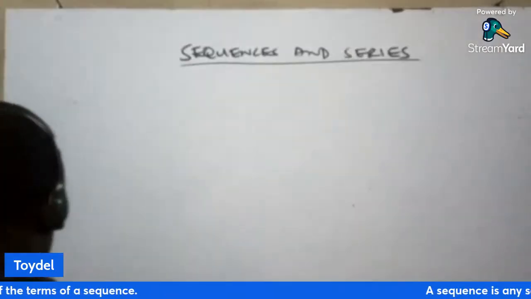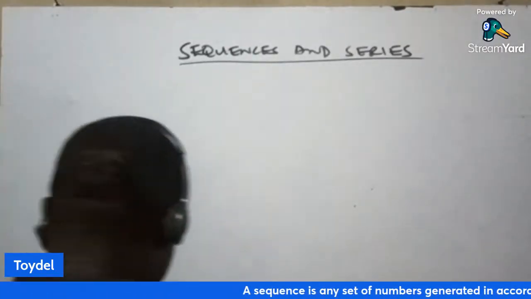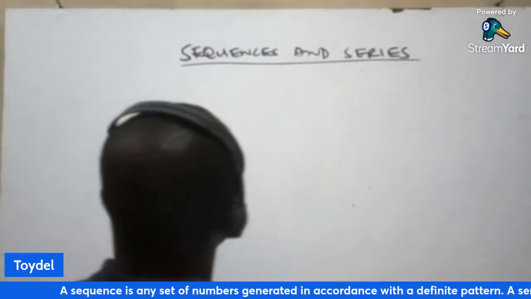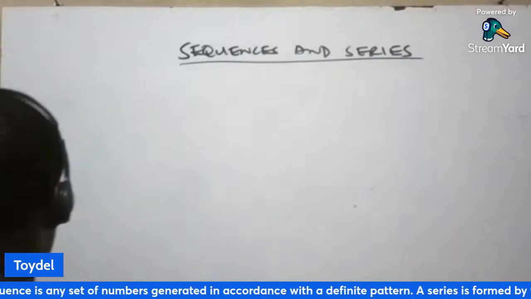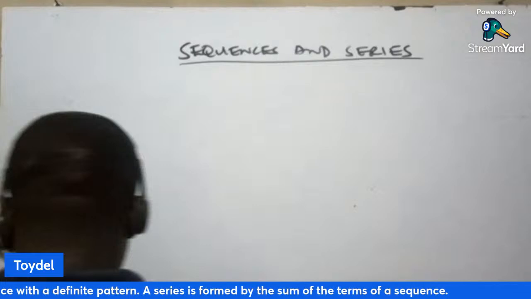A sequence is any set of numbers generated in accordance with a definite pattern. So a sequence is